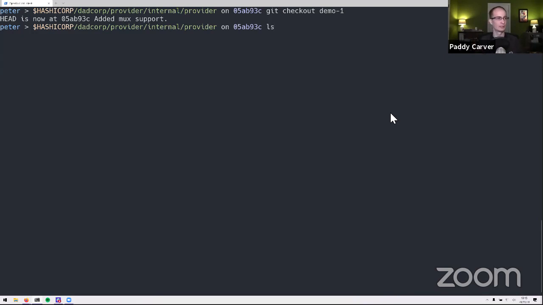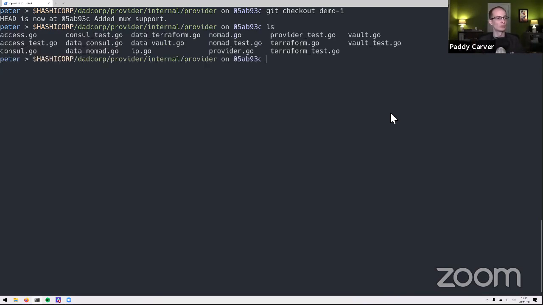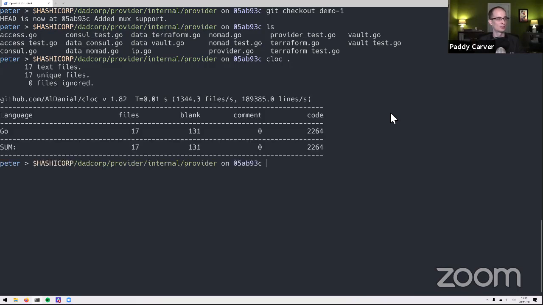So we've got, as Katie mentioned, a whole bunch of stuff written here. There's all of these files, all this code. I spent a long time on it. It's like 2,000 lines of code. I don't want to throw this all out, and I don't want to rewrite it all at once, right? We've got like 5 resources and 4 data sources, and I don't want to have to rewrite all of that in one big bang. So instead, we're going to work on what we call Terraform plugin mux. And I actually just want to show what the difference here is, because Terraform plugin mux is a way to set up different provider implementations.